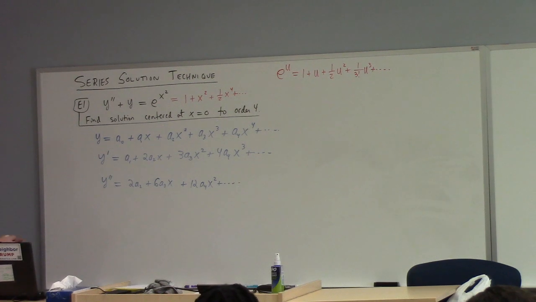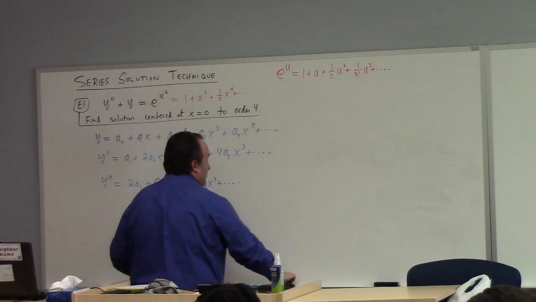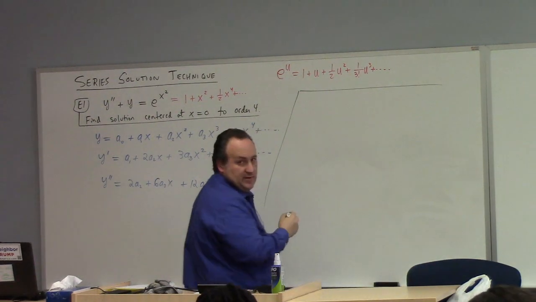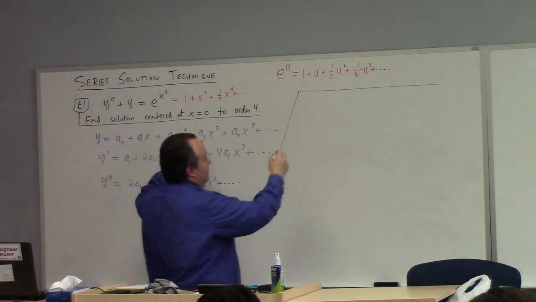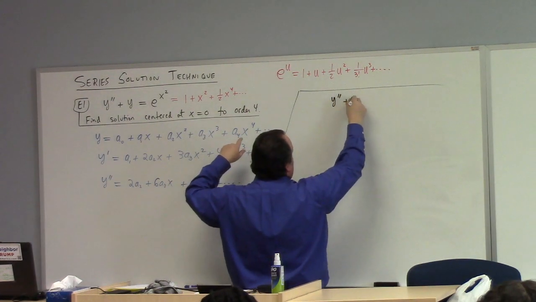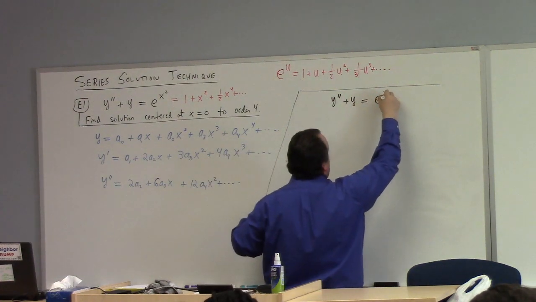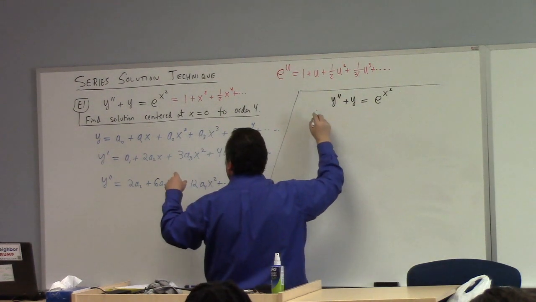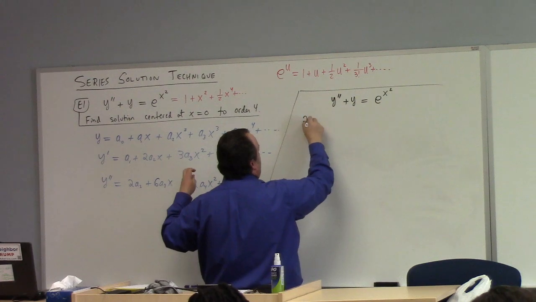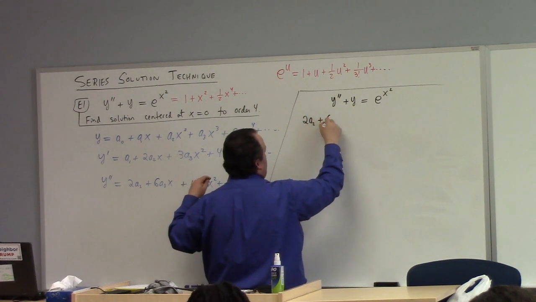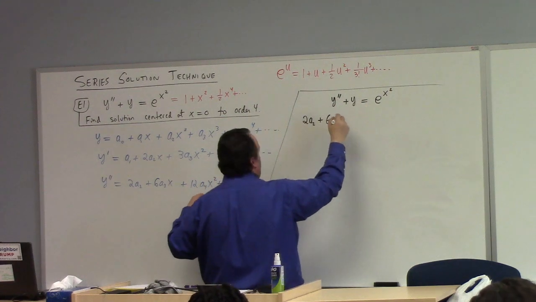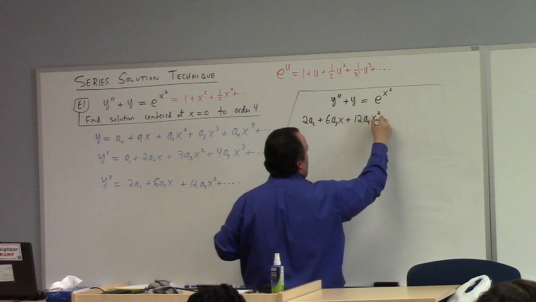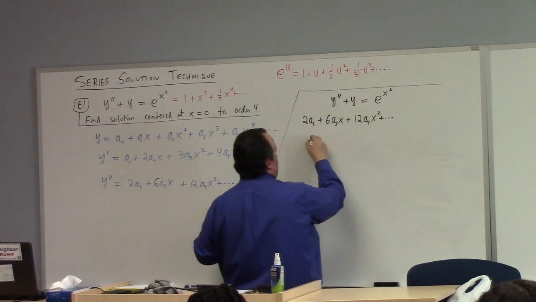All right? Now I put these two things together. What do we have? We have y prime prime plus y equals e to the x squared. All right, great. So what does that give me? That gives me 2a2 plus 6a3x plus 12a4x squared plus dot, dot, dot, dot, plus